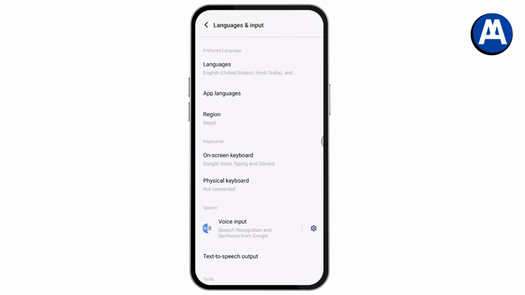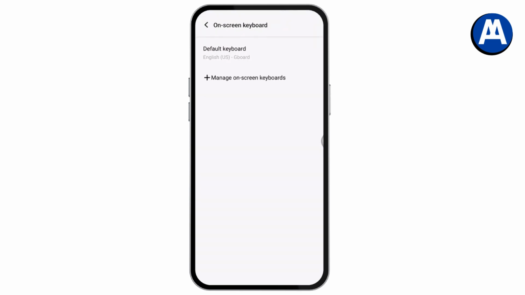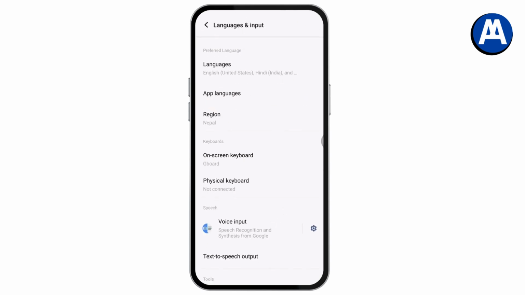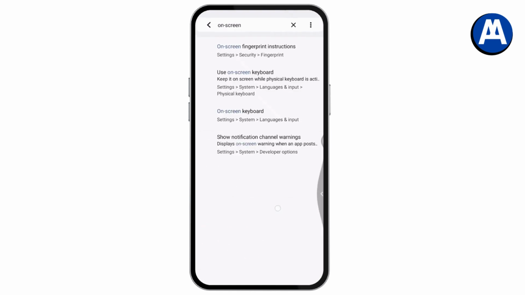keyboard. Once you tap on on-screen keyboard, now you just need to simply again tap on it, and here you will have your on-screen keyboards. So you just need to simply tap on manage, and here you need to turn off your on-screen keyboards. Disable all of your keyboards. Once you've disabled, now you just need to simply go back and again go back, and you need to go